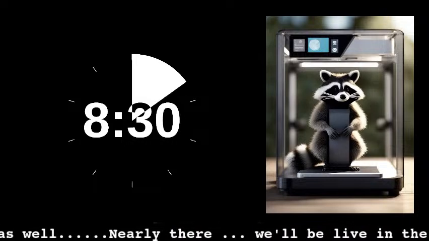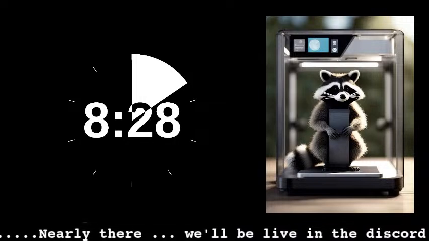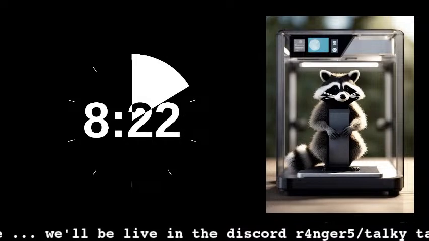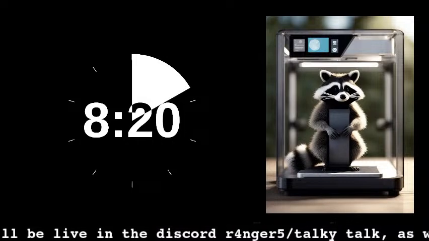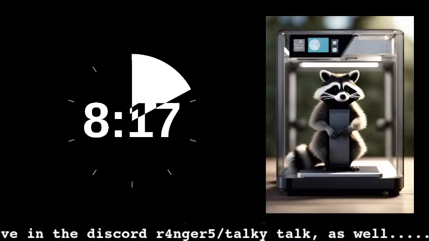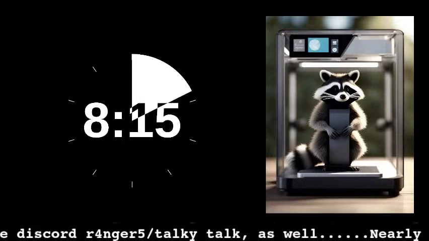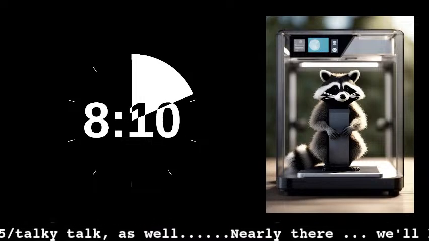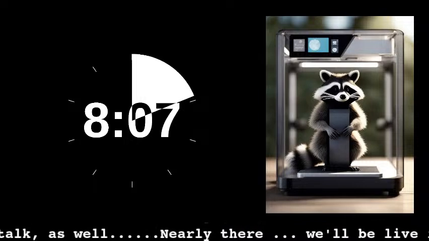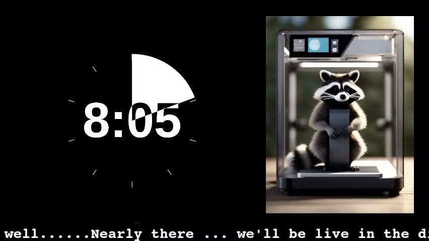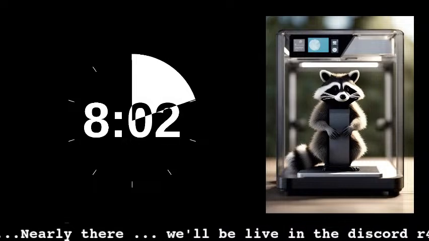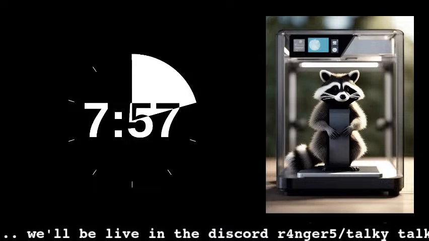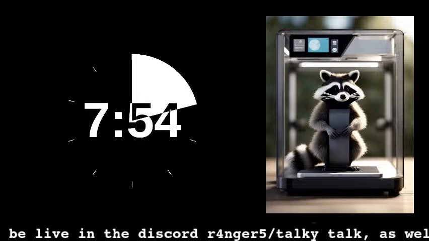Go to user settings, down the bottom right hand corner. Go halfway down to voice and video. And then put your input device. Mine's all the way to the right. What you need to do is switch off automatic input sensitivity, which is just a toggle, and then drag that slider all the way over to the left-hand side, and then go back up the top and up the volume of your microphone just a little bit. The input volume is set to the max.